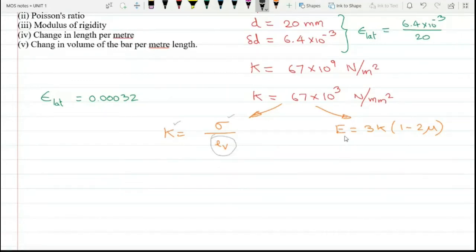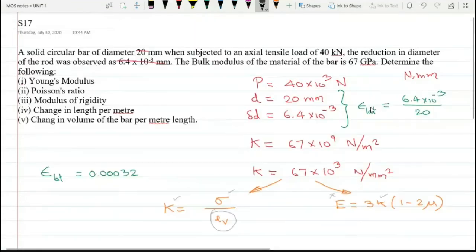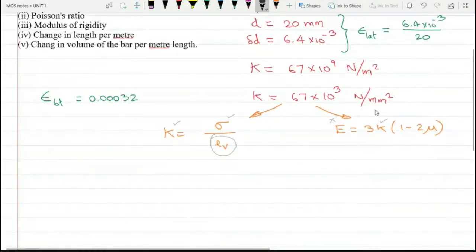Can I identify Young's modulus? No, not possible. There is one unknown. Whereas what about mu? I can't identify mu either, because I need the linear strain. There is no data related to linear strain. The length L of 1 meter is given, but del L is not given. So this is also not possible. I have to keep this in mind. So I can use the first formula first to identify EV. Then we proceed accordingly with the EV formulas.